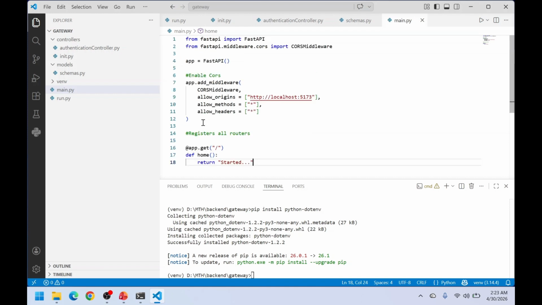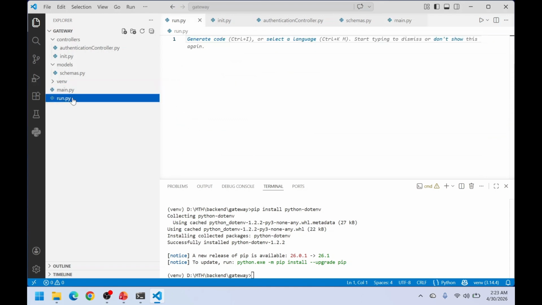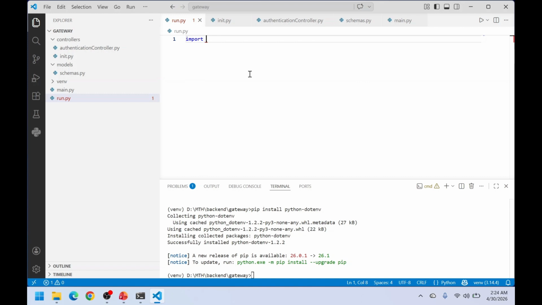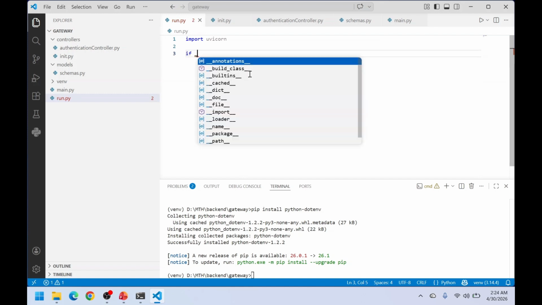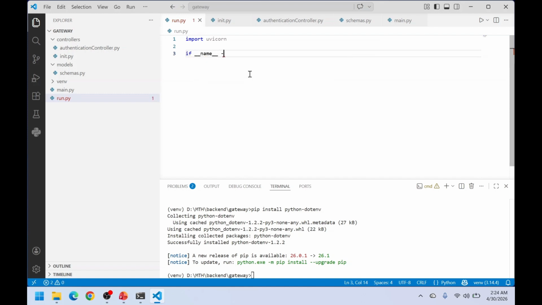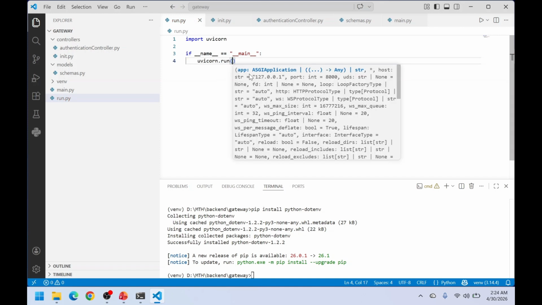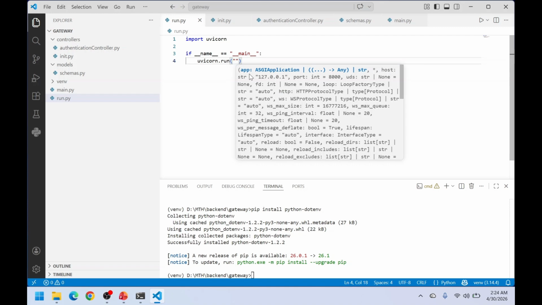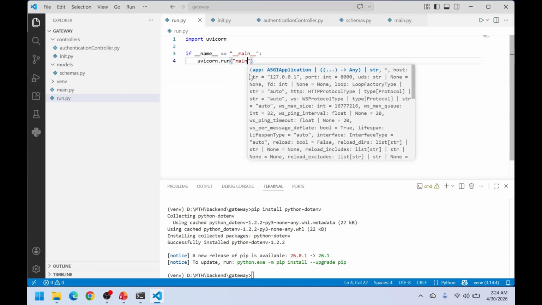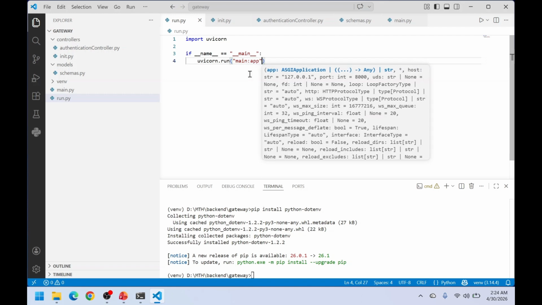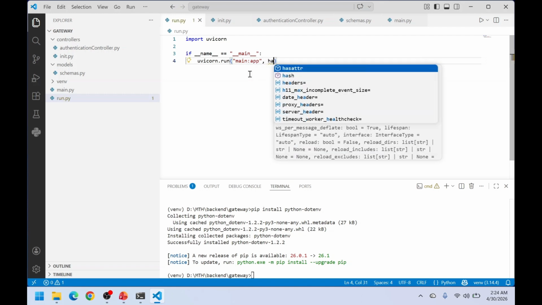Then we need to run this application, so open the file run.py, import uvicorn, then check for the condition if __name__ equal to __main__, then use the library uvicorn.run function. Run function takes 4 parameters. First parameter is the starting point. Starting point is main. Inside main we have an object called app,